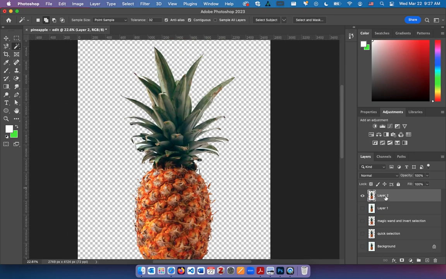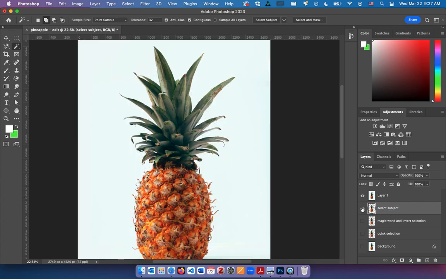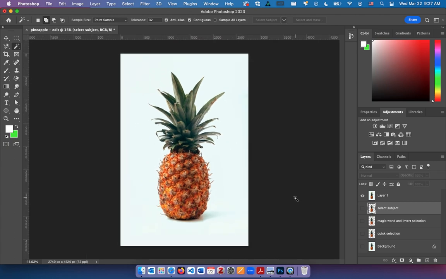Cool. All right, so this one was just select subject. That's a new thing that they have as well. All right. So those are some of the different ways that you can use the selection tool. But, you know, not every image is going to be as clear cut as this one, right? Other images might have a different, I'll stop this recording so you don't